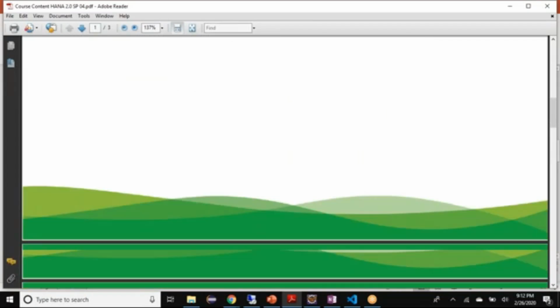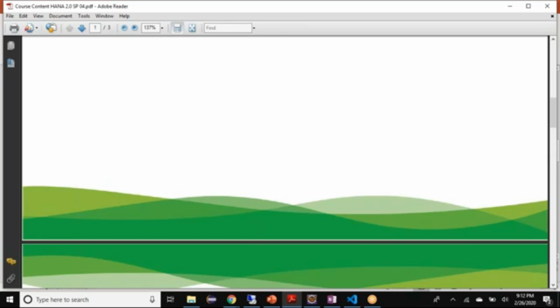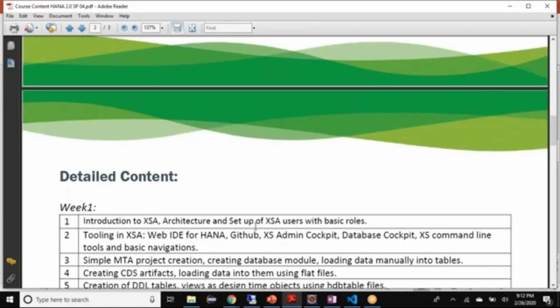Okay, here I have 5 to 6 weeks of content, and the detailed content will start with introduction to XS Advanced and architecture and creation of XSA users, etc. So we'll go into the details of the course. In this current session, I'm going to explain a very little summary of each topic that I'm going to cover